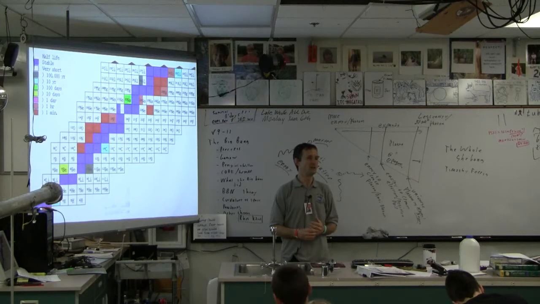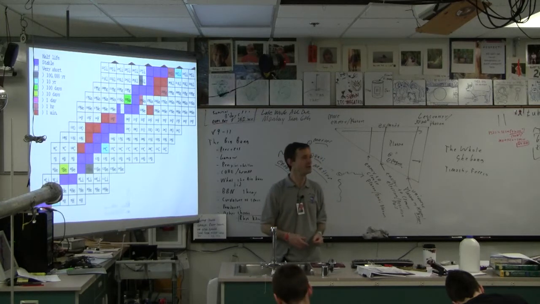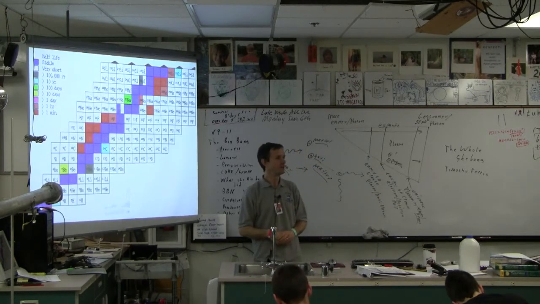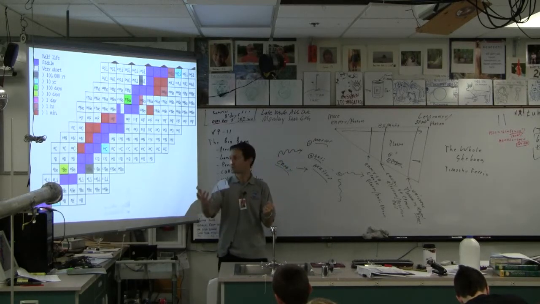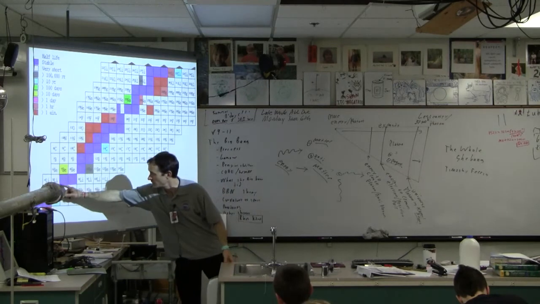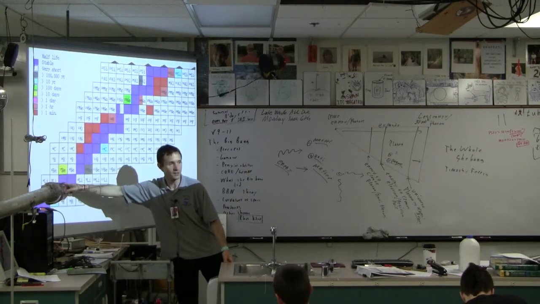We don't know why this is necessarily. You look on your table. Is there a single stable 5? No, there's no nucleus with 5 nucleons. Nucleons are protons and neutrons. There's not a single one, is there? It goes from 4 to 6, doesn't it? Yeah? 4 to 6. There's nothing stable in there. The 5s are not stable, right?